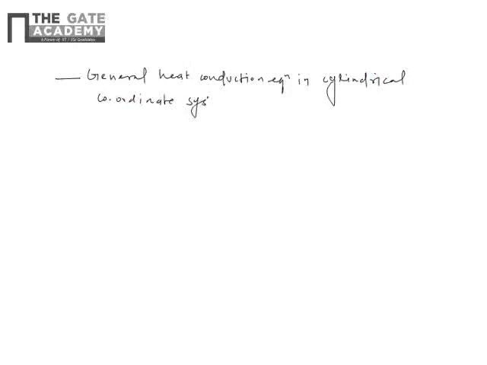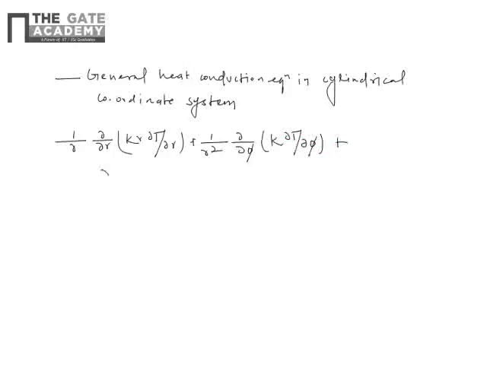Now, the general heat conduction equation in cylindrical coordinate system is given as 1 by r del upon del r r k del T upon del r plus 1 by r square del by del phi k del T upon del phi plus del upon del z k del T upon del z plus E dot gen is equal to rho C del T upon del t, where